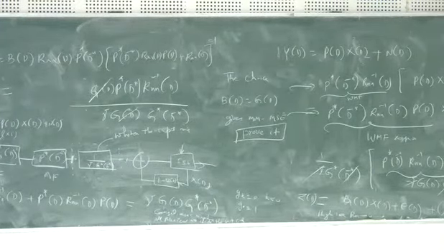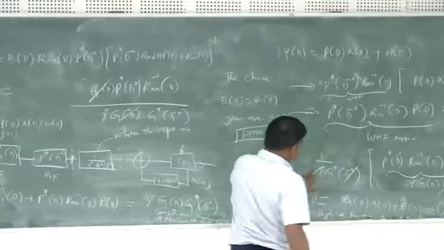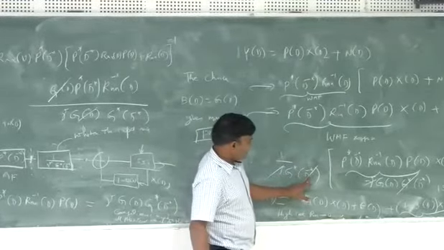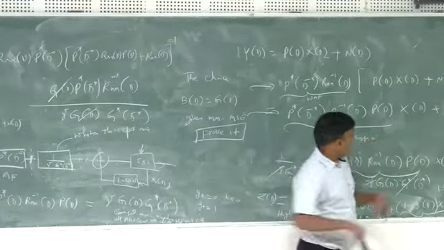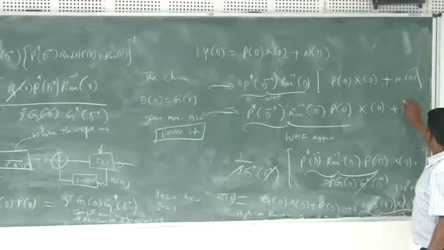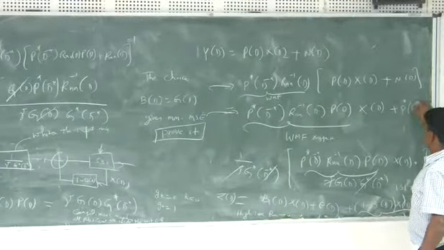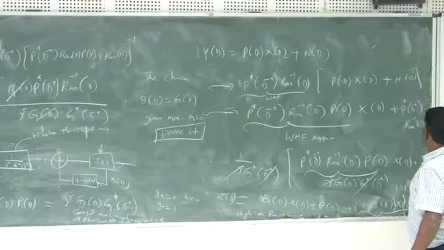Remember, I have written an expression for the covariance of the noise. That was basically this expression, right? Once I put 1 over gamma into G star D inverse into the filtered noise, let me write down what it was. It was P star D inverse, Rn inverse D into N of D.